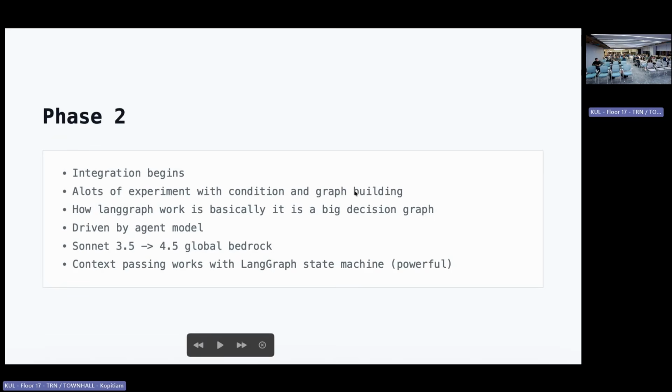So yeah, phase 2, integration begins. A lot of experiment with LangGraph. So LangGraph, a lot of people say the learning curve is quite steep because the way LangGraph works is like a very big decision graph, and you need to really put the nodes, meaning the agent, properly. You need to condition it. You need to build your router properly. This is really not a one-person work,